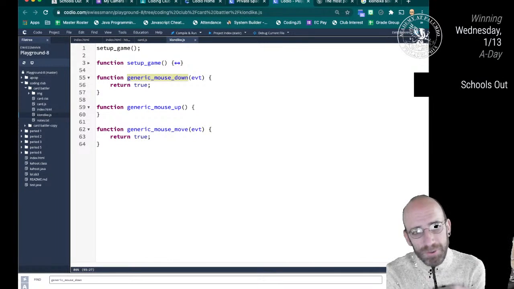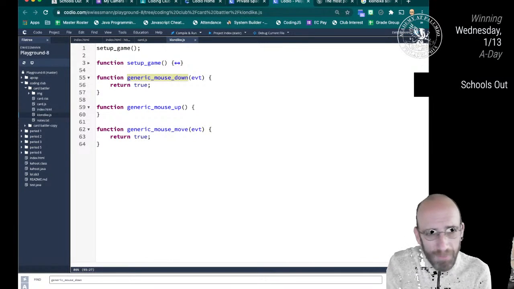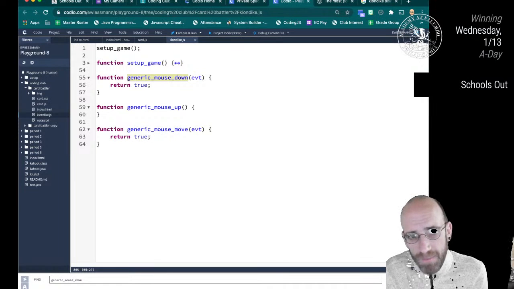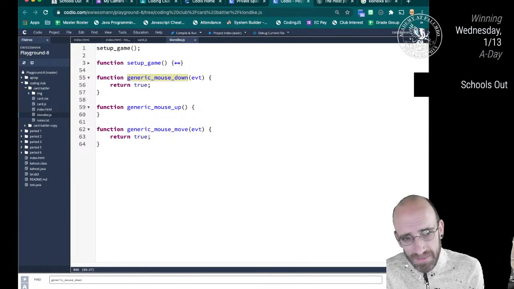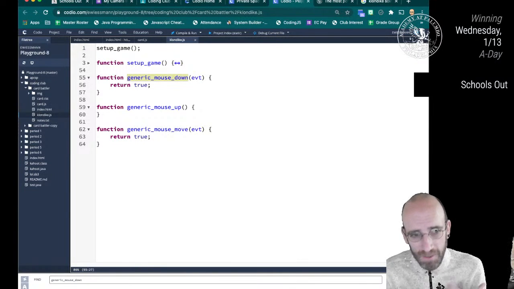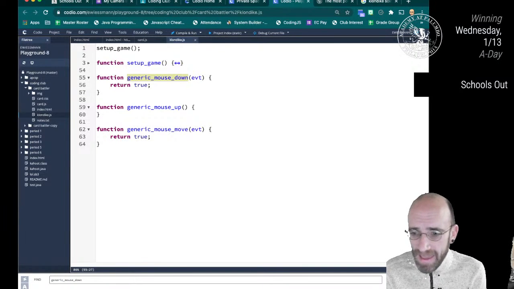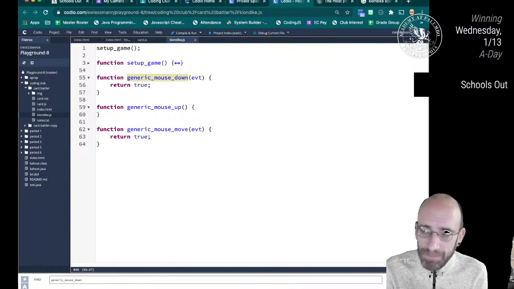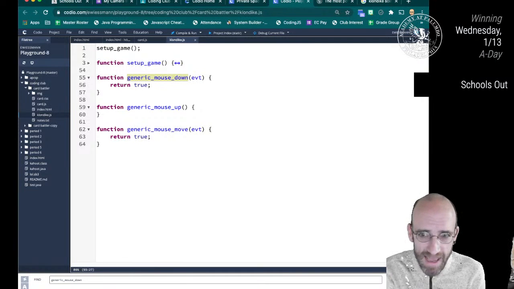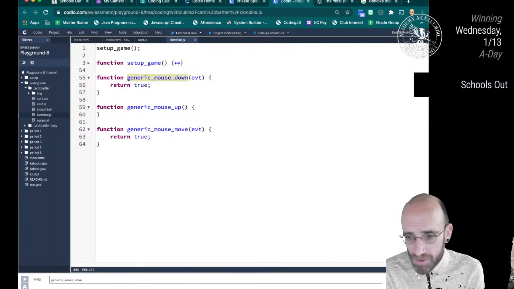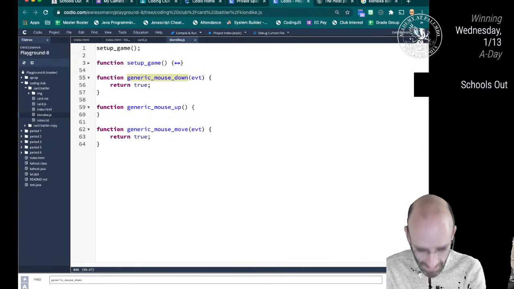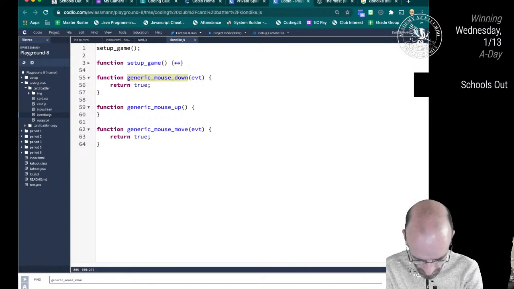So now what we want to do here, and we may need to add more things to generic mouse down, like passing in some card information. I'm not really sure. First was just to get it to have this generic build out. Now what we're going to do for Klondike is ask, are there no cards in the deck? And is the card that you're clicking on a junk card? And if it is, we're going to